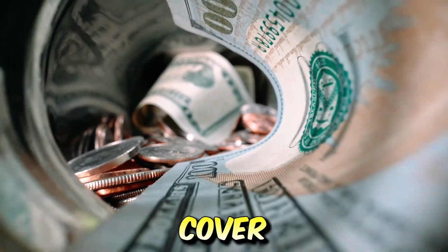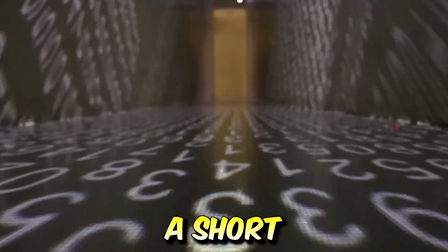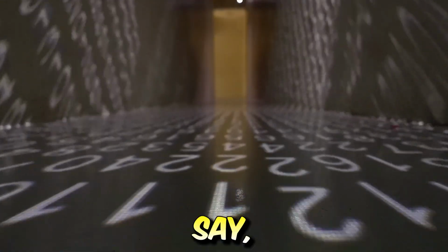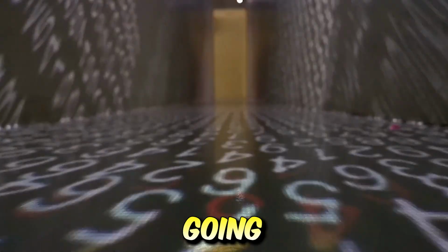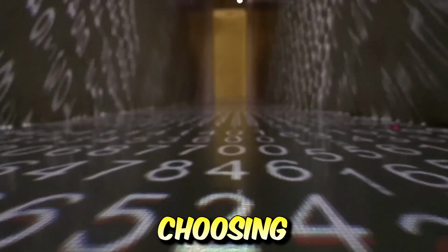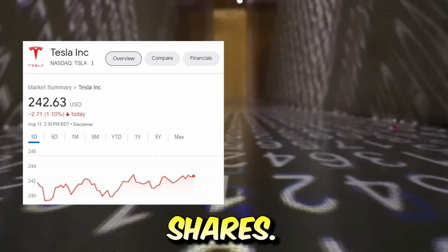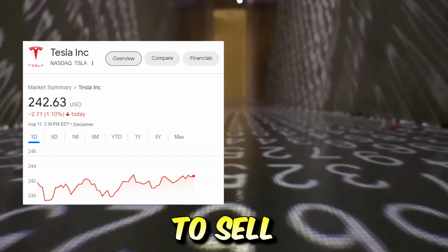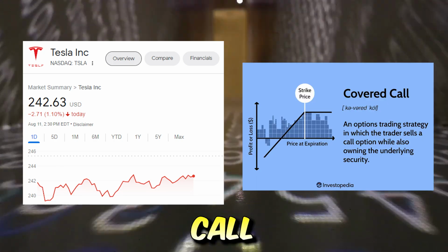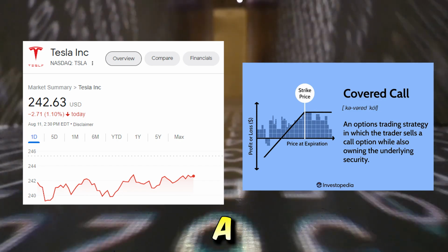when it comes to the YieldMax covered call ETFs, the ETF strategy is usually going to involve a short-term expiration date, say a month or two, and then the fund is going to buy a boatload of whatever stock of whatever YieldMax ETF you're choosing. For TSLY, for example, they're going to buy a ton of Tesla shares. Then after buying the Tesla shares, they are going to sell covered calls or write call options. And of course, like you learned a second ago, by doing so, they are going to earn a massive amount